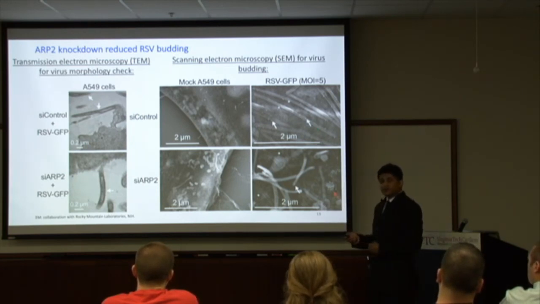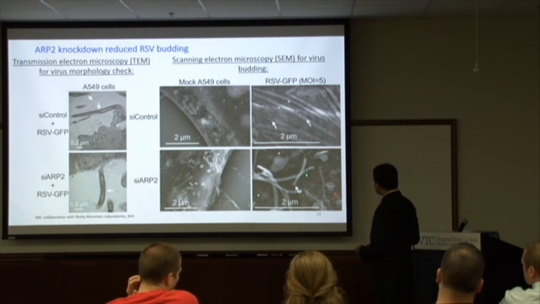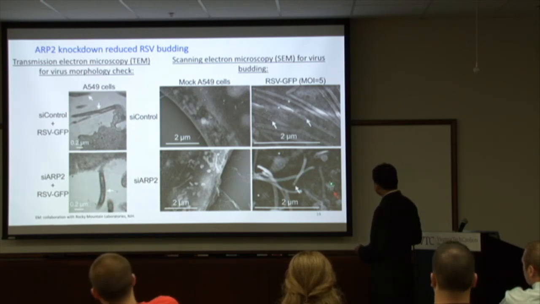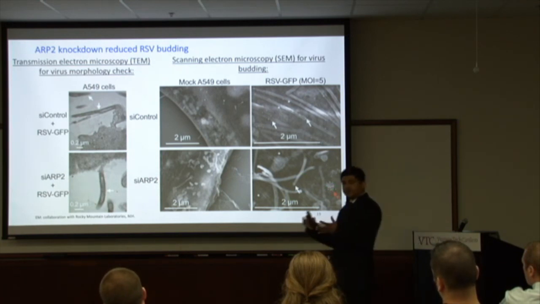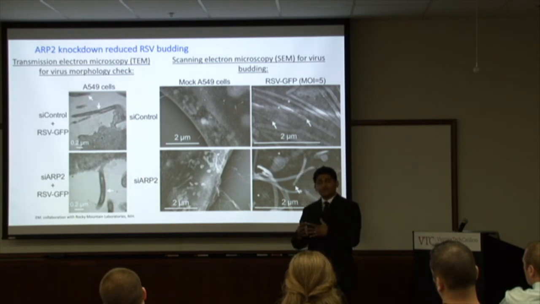In contrast, in ARP2 knockdown cells, we did not see virion lying on the surface as in the siRNA control. Rather, we see irregular virion budding, and in some cases perturbation of the RSV budding because of a cluster of F antibody, which is completely different compared to the siRNA control. This is a magnification, so we wanted to use a lower magnification to see the overall view of how the ARP2 knockdown cells look